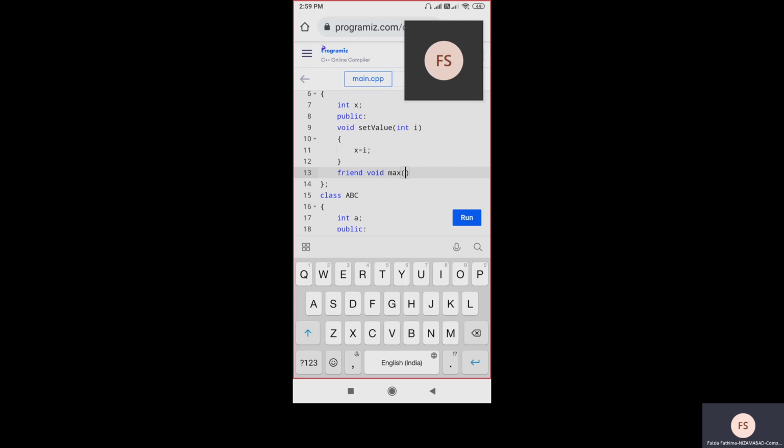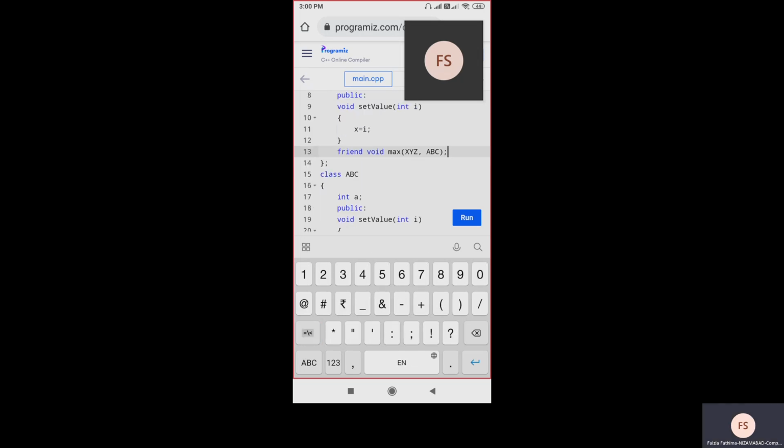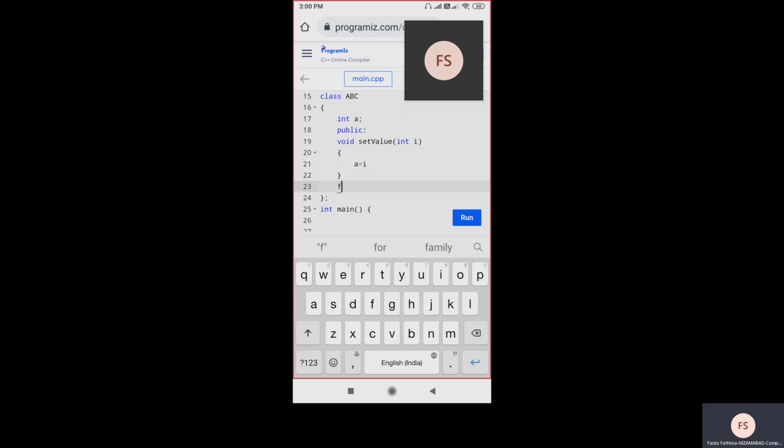So objects are of the data type class. So here I have to pass two classes. One is XYZ and another one is ABC. Okay. Same line I am using here also for class ABC. Here also I am creating friend function. Same friend function. So friend void max